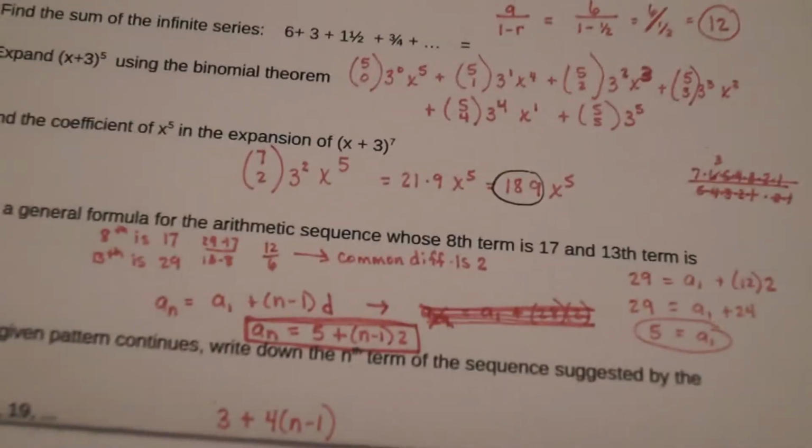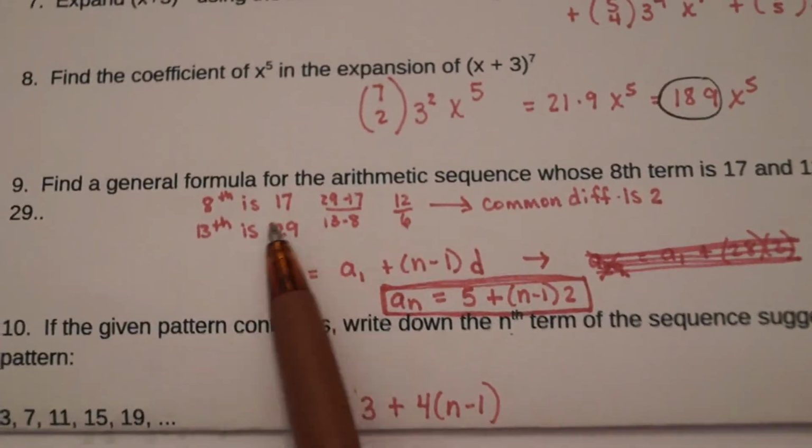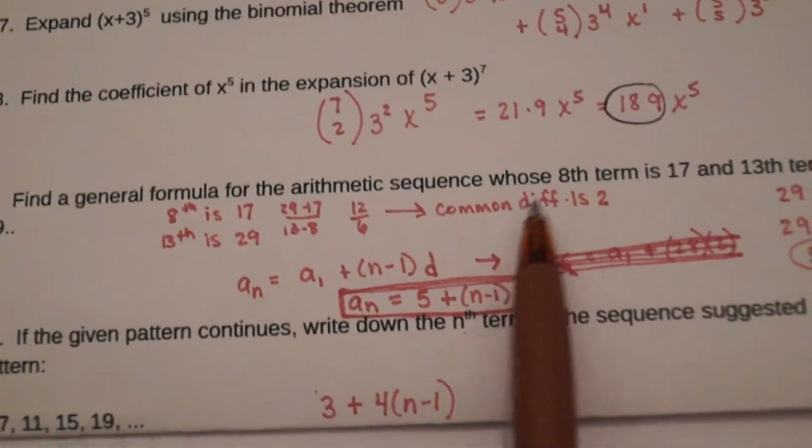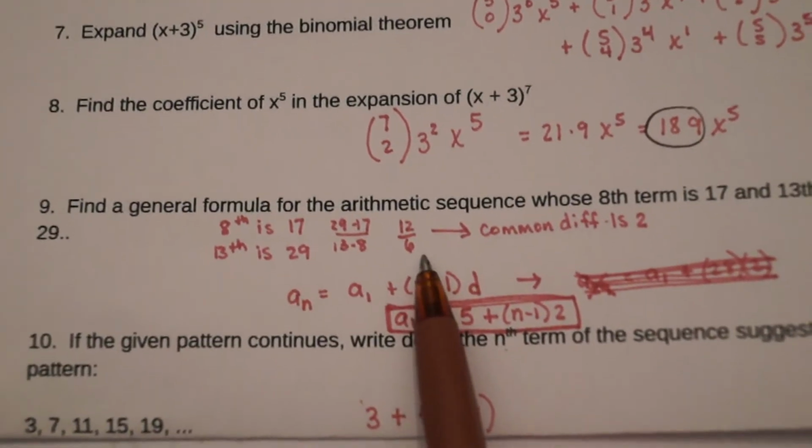All right, the general formula for this arithmetic sequence. This is not on your exam, so I'm going to go through it kind of quickly. But the first thing I did is basically find a slope from the 2 terms they gave me. The 8th term is 17 and the 13th term is 29. So I basically found a slope, and that's my